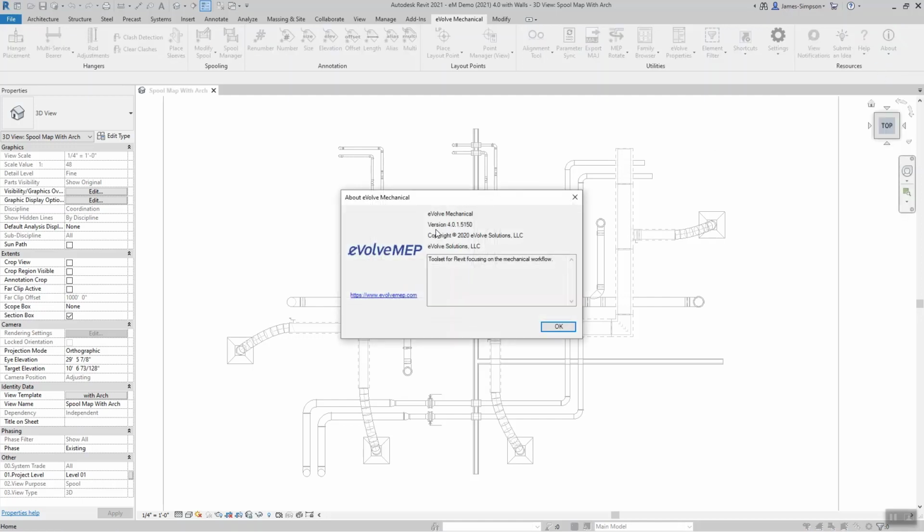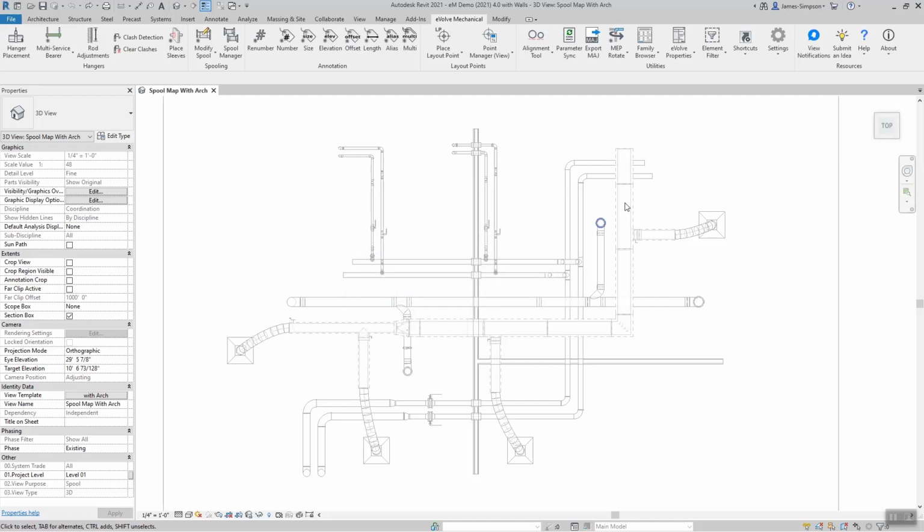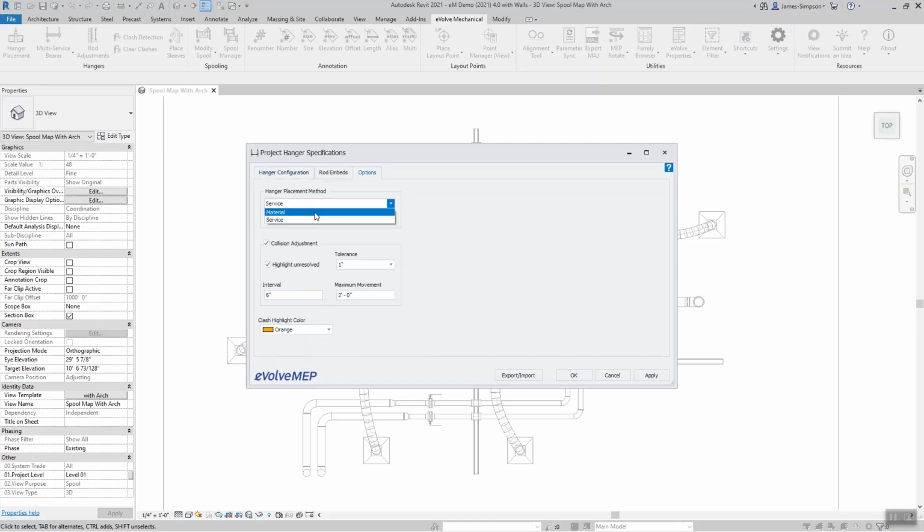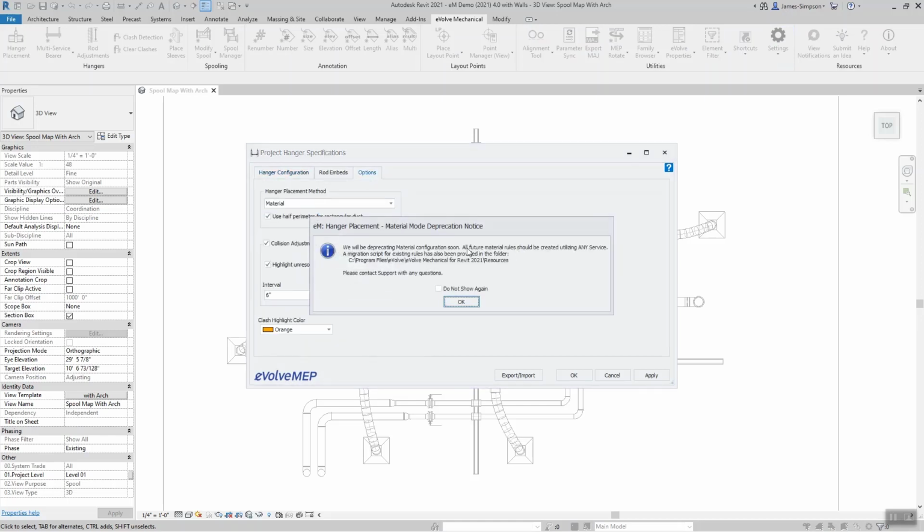And if you've downloaded 4.0 for eVolve, you're going to notice if you have rules within the material configuration in your hanger specifications, that you're actually going to get this prompt here, essentially saying that we're ending that material configuration in coming releases, and that all of those material specific rules can now be satisfied using the any option